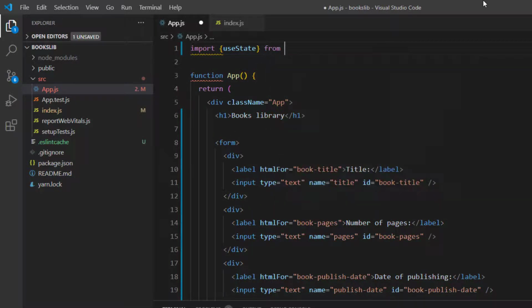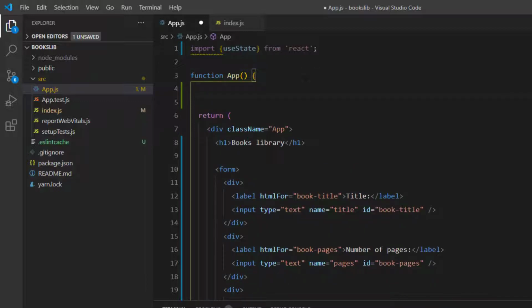useState from React. useState is a new feature in React. It allows us to create state for functional components. In previous versions, you could not create state for a functional component. You needed to transform a functional component into a class component. But now we can create a state in a functional component. All we need to do is